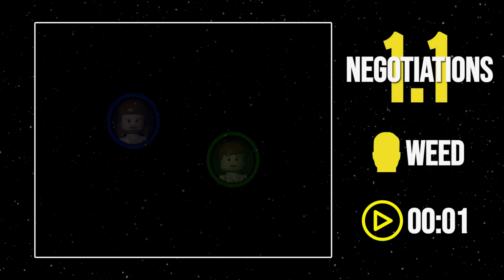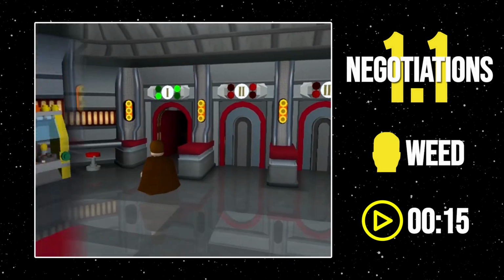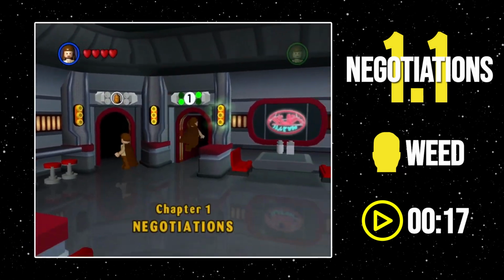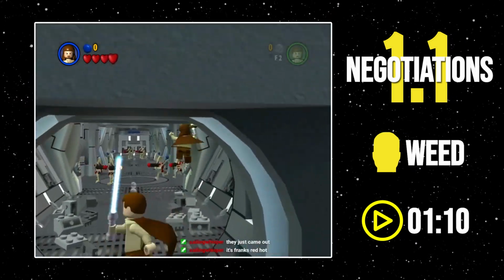The timer starts when selecting the new game option at the main menu. When arriving in Dex's diner, Weed heads to episode 1 The Phantom Menace and enters the first level called Negotiations. Skipping past the 42-second cutscene, we start the run by using the force on the door and double jumping down